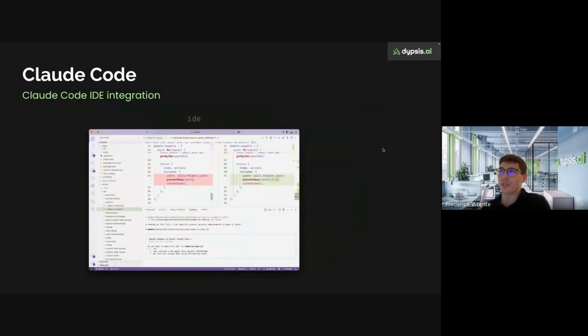To make it easier, for instance, for developers that already use IDEs, they also offer a lot of integrations with IDEs. For instance, there are plugins that you can add to VS Code and JetBrains, the most popular IDEs. So when Claude suggests a change or changes a file, you can see it as if you were looking at Git changes.